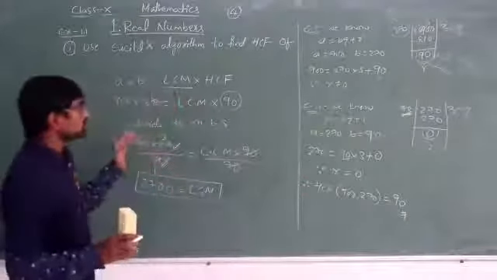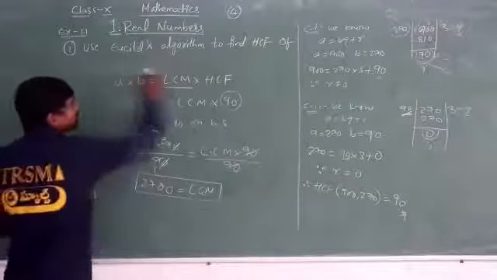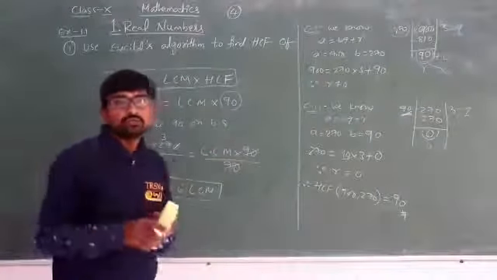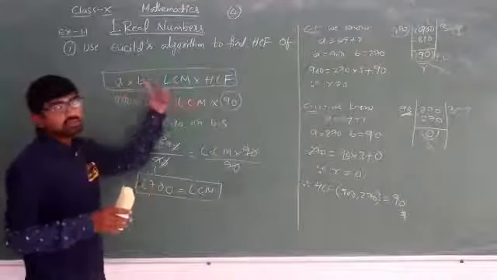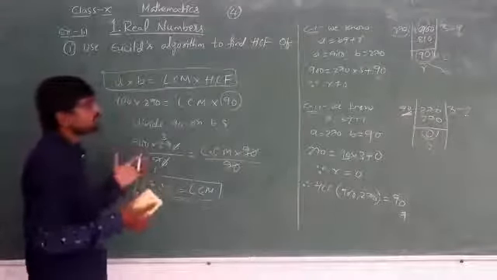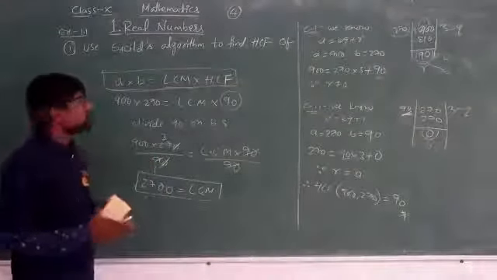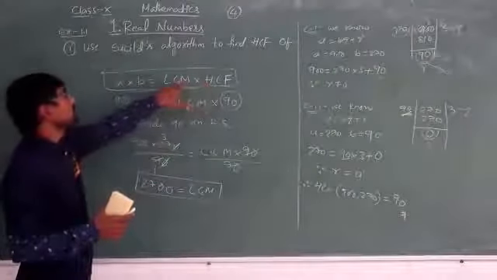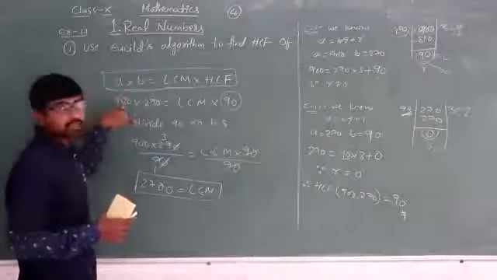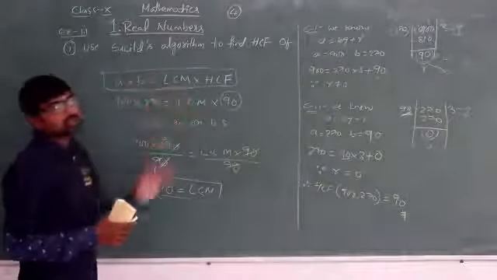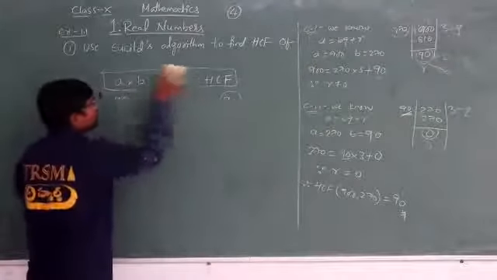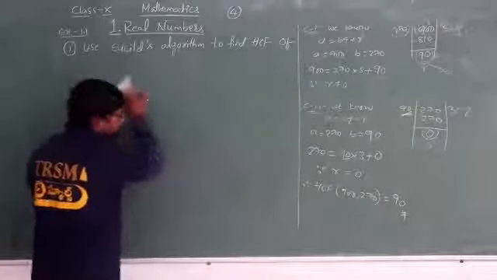This is the thing you have to remember. This is the common formula for finding the LCM or HCF whenever he gives numbers or anything else. The question may be asked in various forms. He can give the value of HCF and LCM, and if he asks the value of B, where the A value is 900, then again you have to substitute and solve that. So now coming to question number 2, hope you all have understood.